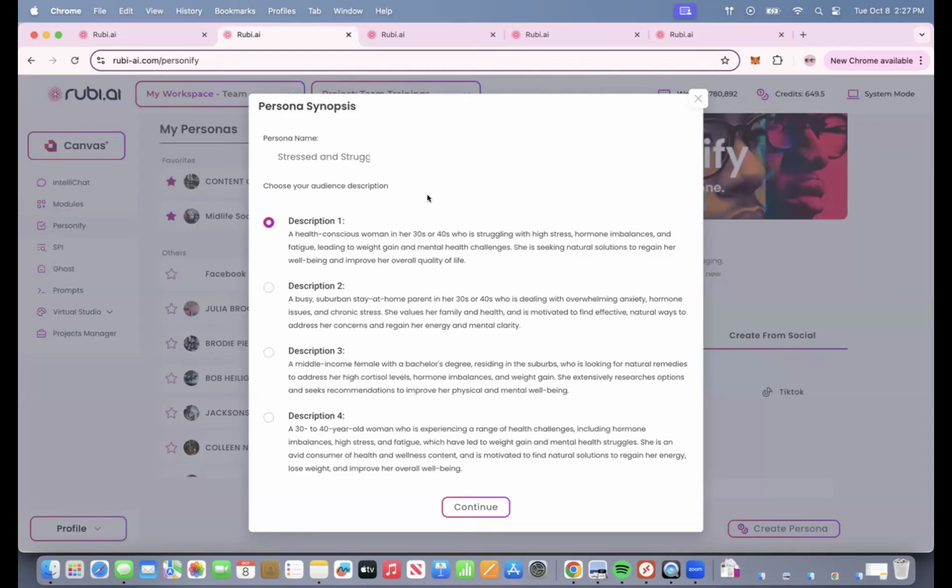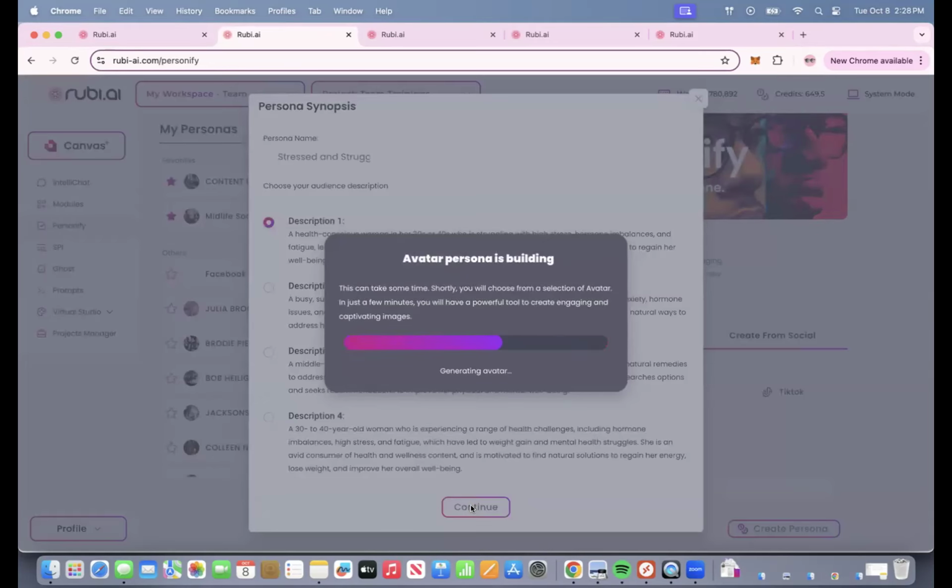So with this persona, this Instagram handle, this is what we have come up with. You get 4 descriptions to choose from. So what you're going to do is select the one that is most relatable to who you actually do want to connect with. For the sake of this demonstration, I'm just going to select description 1, which is a health conscious woman in her 30s or 40s who is struggling with stress, hormone imbalance, fatigue, weight gain, all of the things that every woman on this call can relate to. So let's hit continue. And what this is going to do, this is going to build out your avatar,